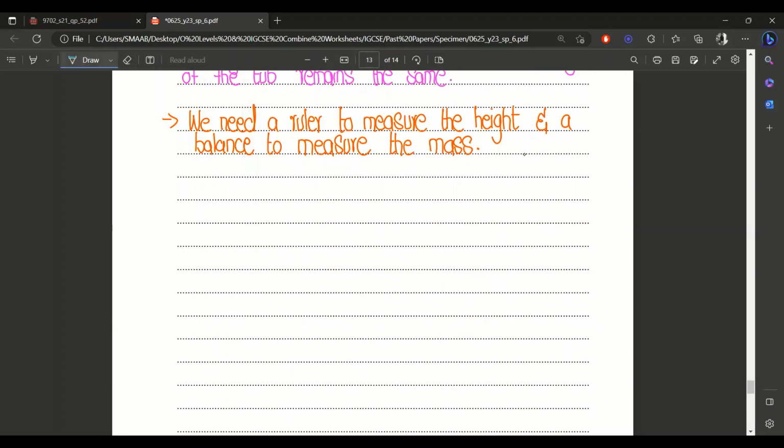First we need to measure the height and drop the ball from that height,